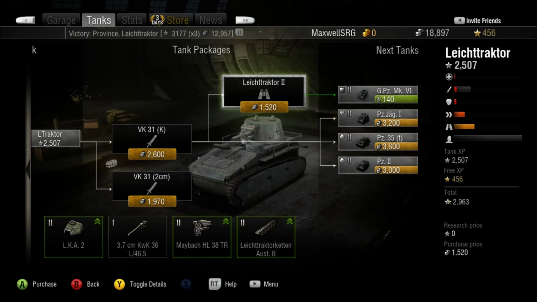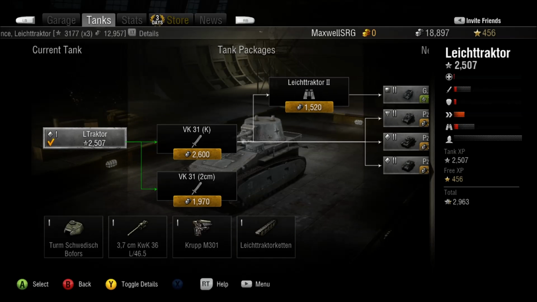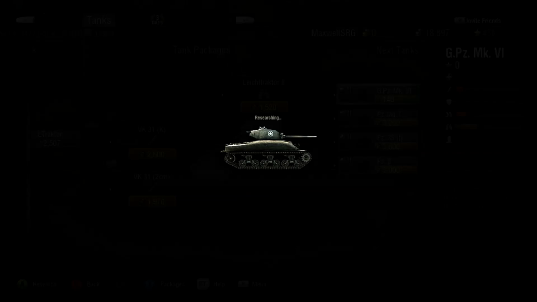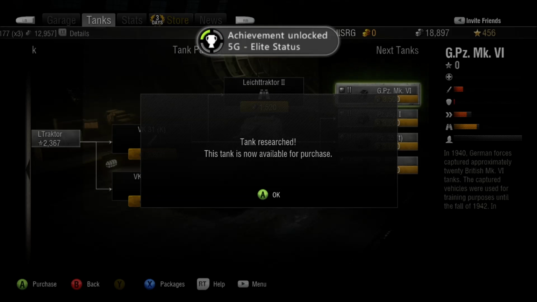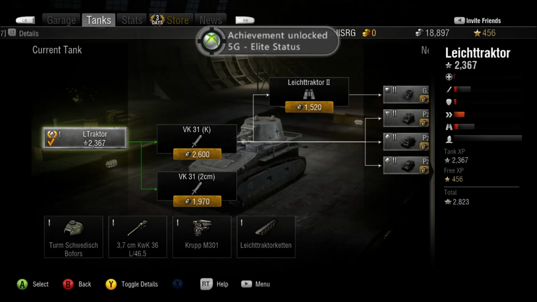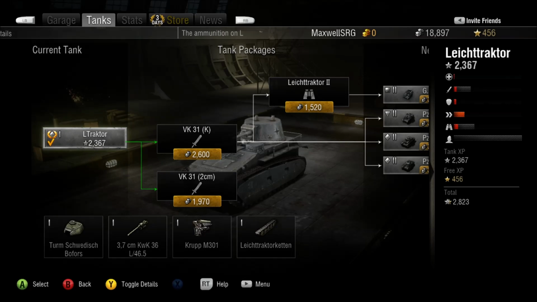So one quick little thing I wanted to add, I'm recording this after the fact, but I'm going to edit it in so it doesn't look like this, so that just makes everything that I've said pointless. But once you've researched all of the packages for a tank, as you see here, I'm about to unlock the last one there. The tank gets what's called elite status, and you can see that by the little laurel bows around the light tank symbol. What it means when a tank is elite